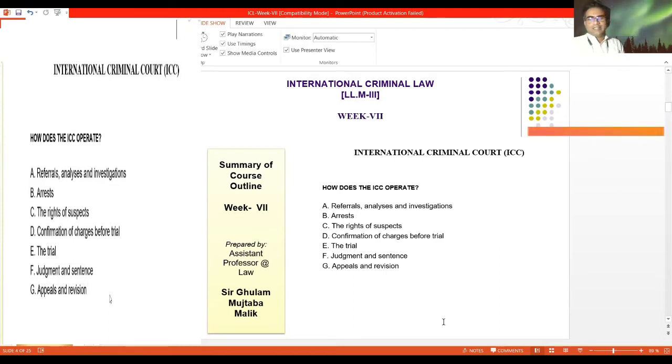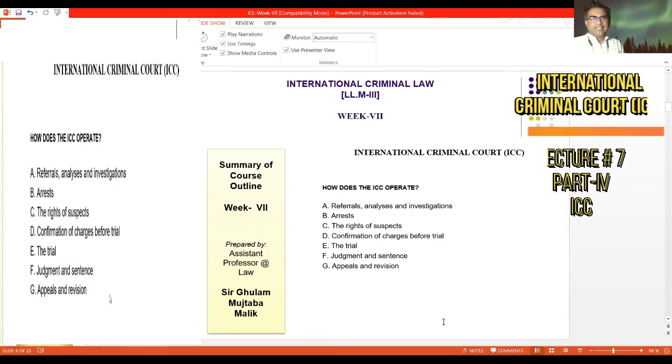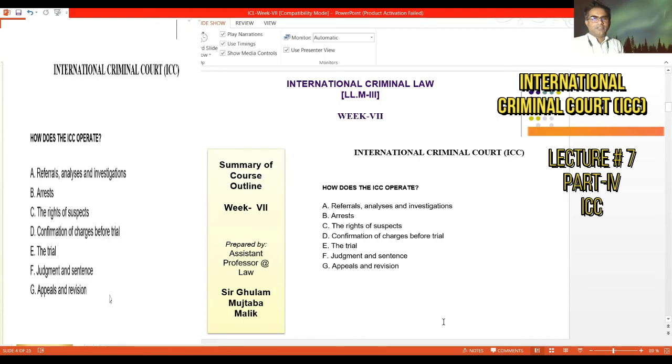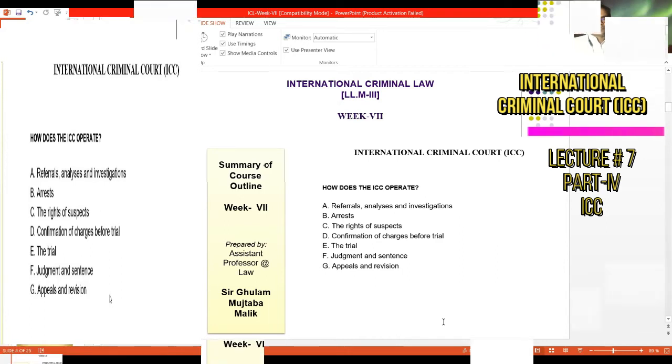The question that appears in our minds is whether the ICC has the power to arrest the suspect. The court does not have its own police force. Accordingly, it relies on the states' cooperation, which is essential to the arrest and surrender of suspects. According to the Rome Statute, state parties shall cooperate fully with the court in its investigation and prosecution of crimes within the jurisdiction of the court.